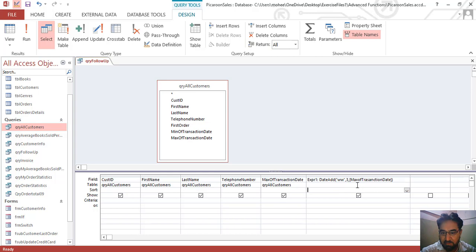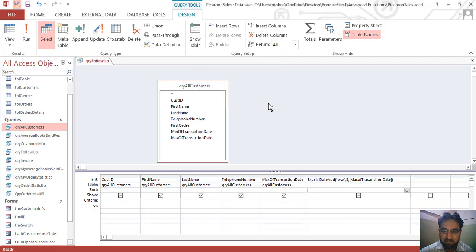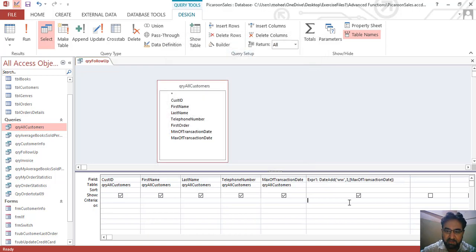And now let's see, run the query. Max of transaction date is not recognized. Go back to the builder and delete this. And here is the max of transaction date. Close this, press OK button, and now run the query.